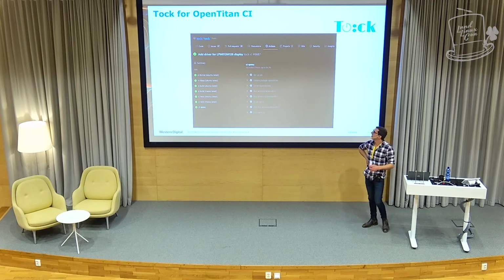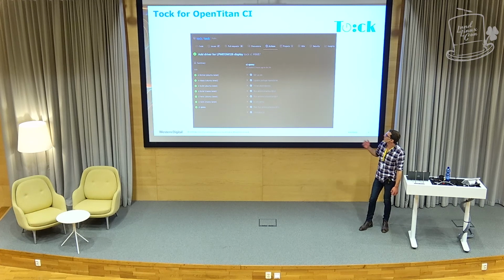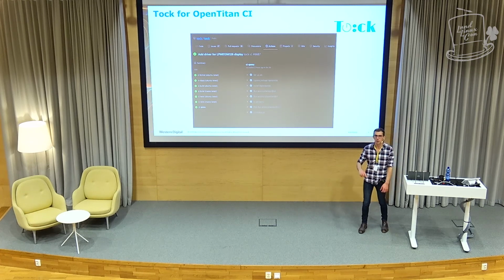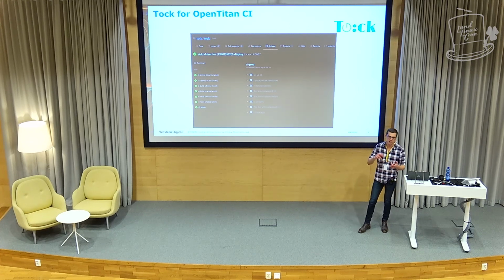And so we use this in the Tock project. So Tock is an open source embedded operating system written in Rust. So I know everyone loves Rust. So written in Rust, and on every single pull request, we fire up QEMU and run it through a test case or multiple test cases and look at the output and what happens. So at every single pull request, we're making sure it runs on RISC-V.